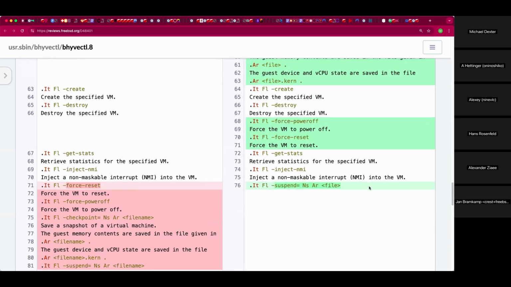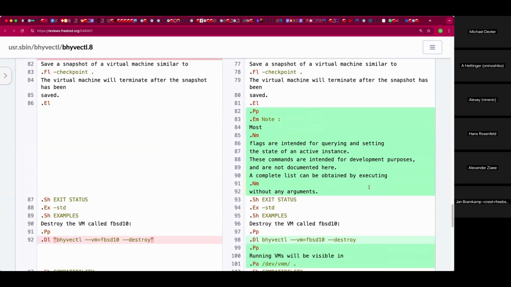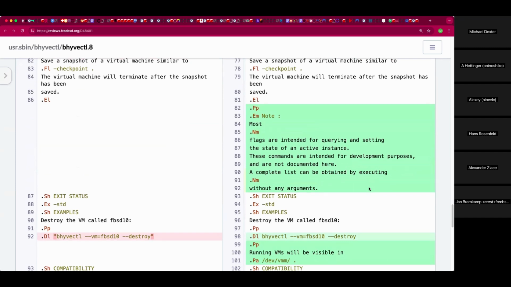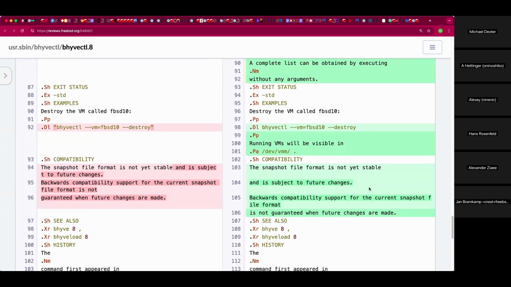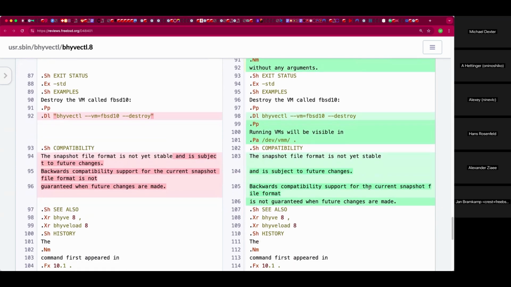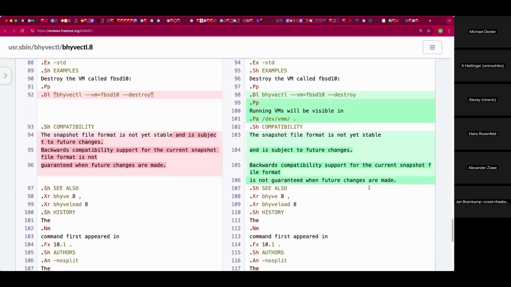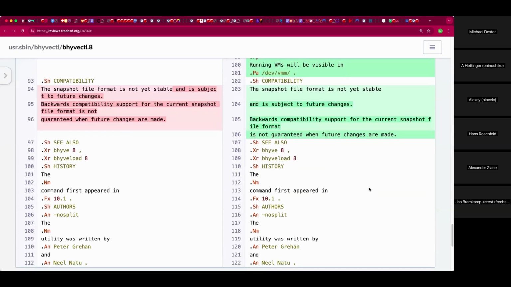So let's see. Oh, I have to specify the IP files now.